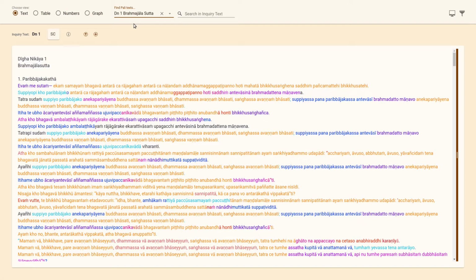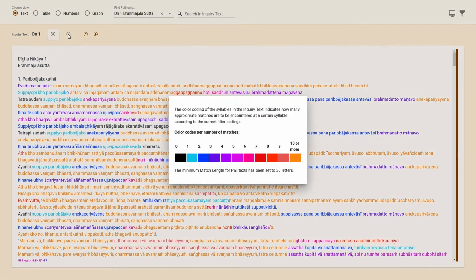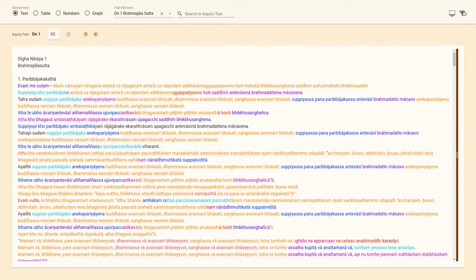And then we get to see a very colorful text. So what does all that mean? Well, there's this little button here, this information button that you can click on, and it will show you exactly what all that means. Black text has no matches at all, and this orange text has more than 10 matches with the current filters. Now, if I open up the filter menu,